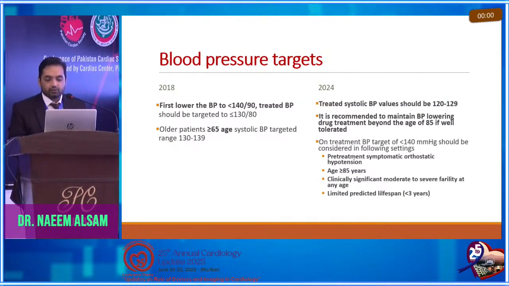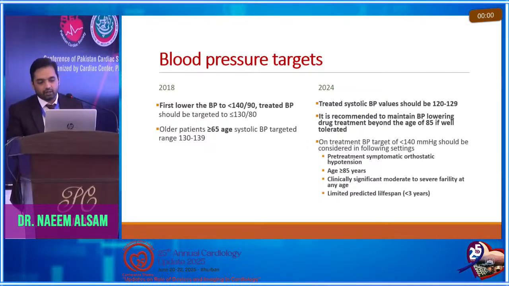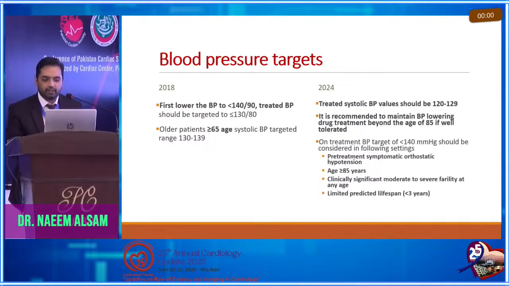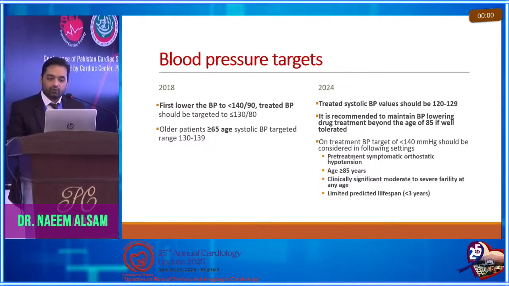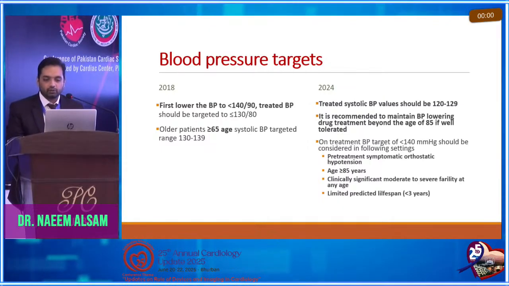So blood pressure targets in 2018: first lower the BP to less than 140/90, and then target less than 130/80, and the age for elderly was more than or equal to 65. Now it has changed to